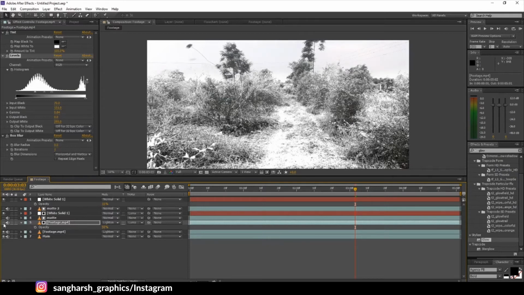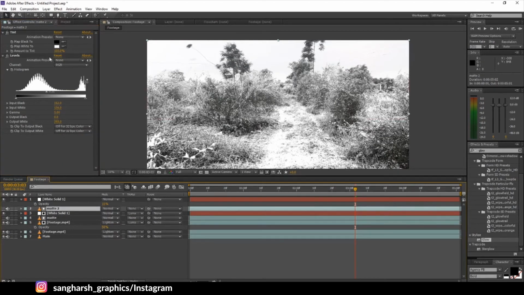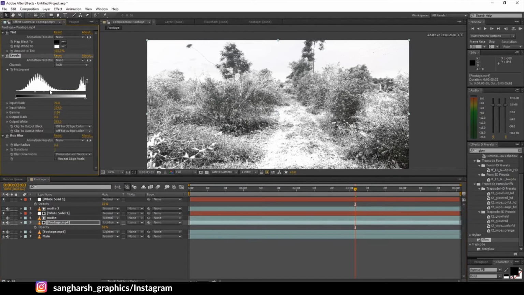It's appearing too white now. For this matte, I think 100% is necessary. And for this matte, let's increase the values a little bit. For the footage also, we don't need it too white.